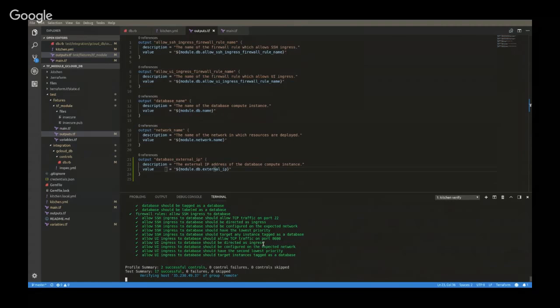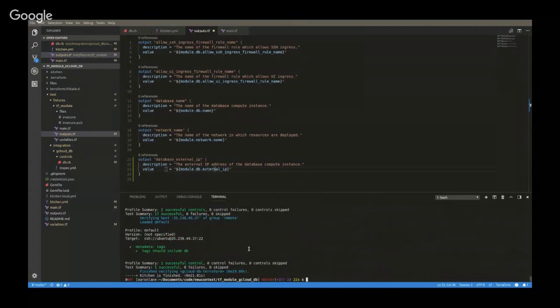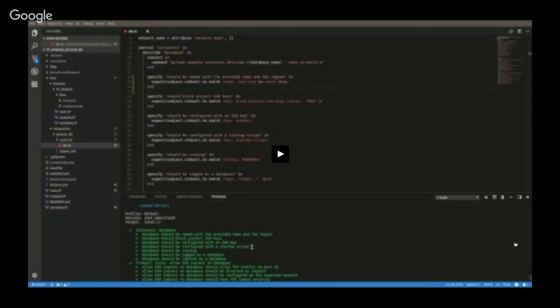And so those are all coming back green. And now we can actually see that the second group that we've defined, our remote group, has also executed. And we can see that it specifies it actually ran on that IP address, the remote host, ran over SSH. And there we have it. So our curl command on the remote machine was also successful.